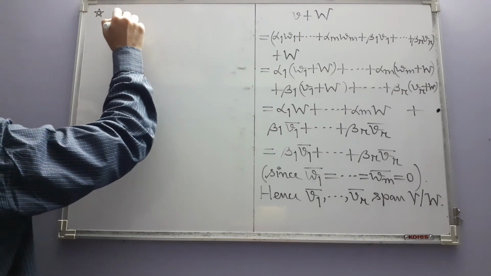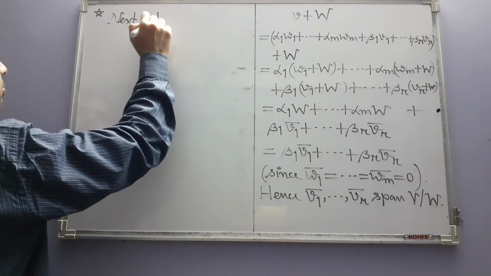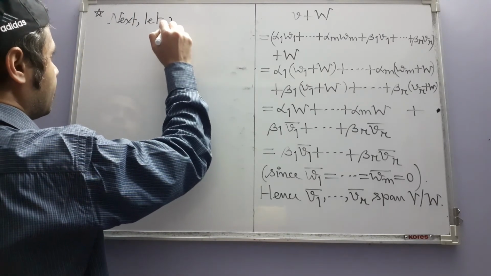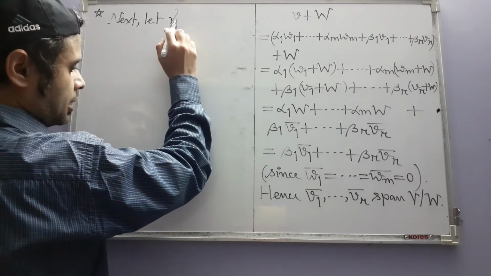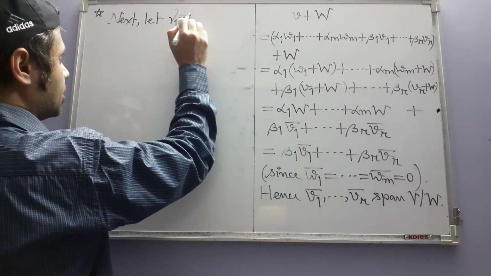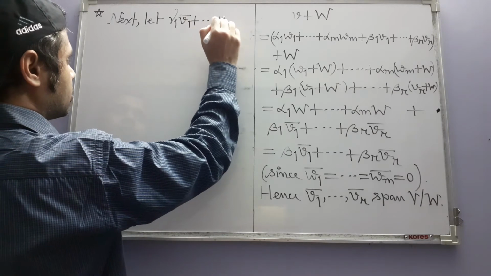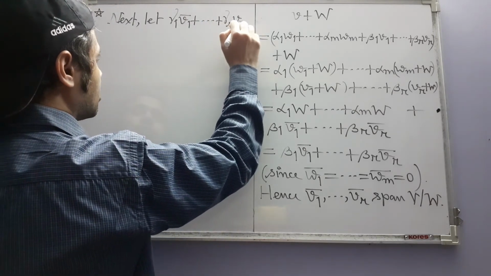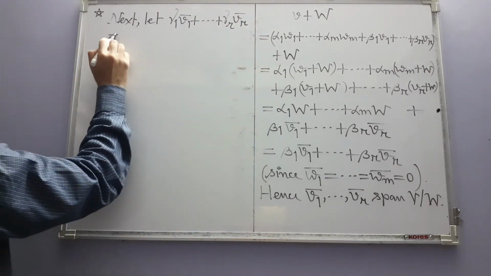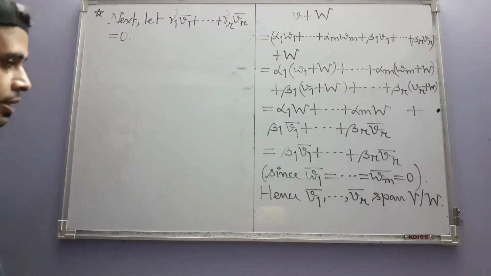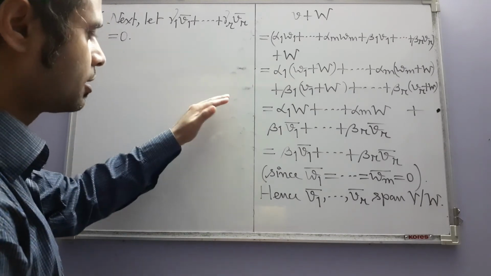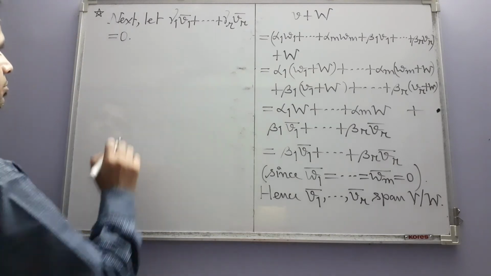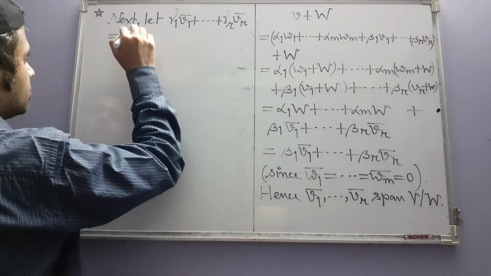Next, let gamma 1 V1 bar, gamma 2 V2 bar, like that, gamma R VR bar equal to 0, and here again you should understand that because we are in the quotient space, this 0 is W, capital W. That is,